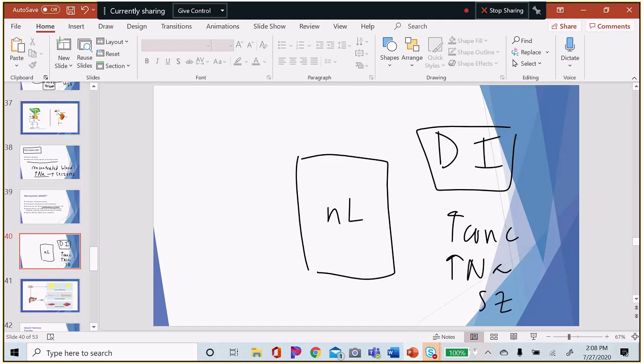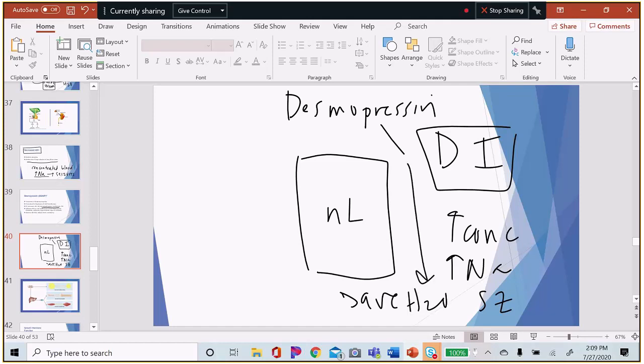So instead of my antidiuretic hormone taking effect, I'm going to give them desmopressin because that's like the antidiuretic hormone, and this will tell the kidney to save water. Save water, please, kidney. It'll do it because the antidiuretic hormone isn't available,